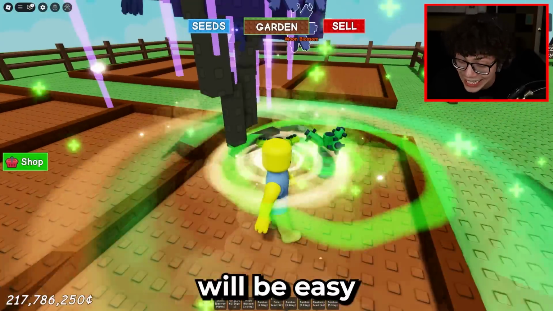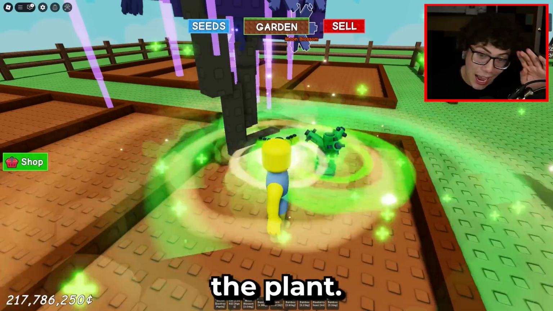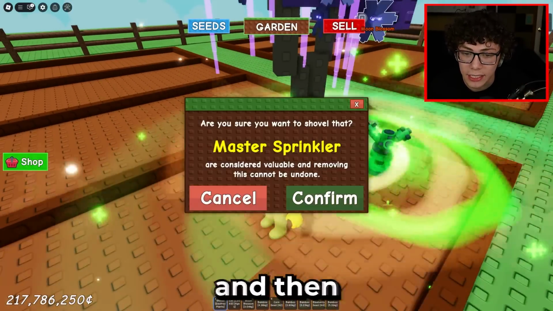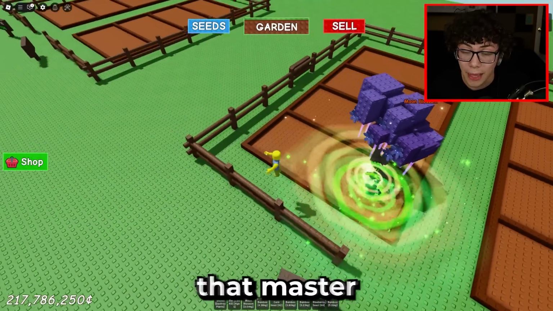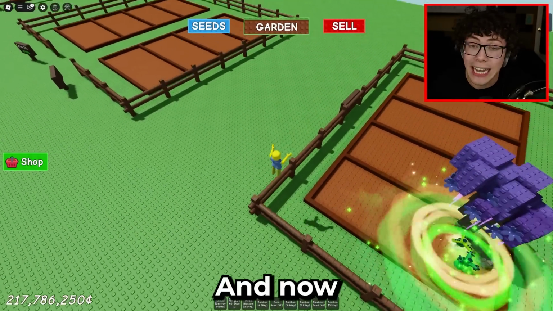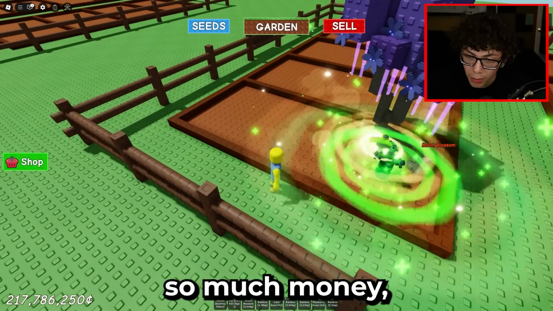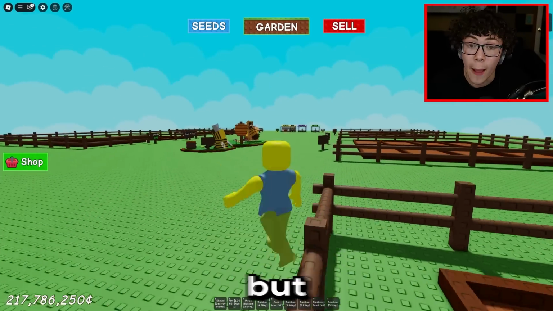I'm telling you, it will be easy to confuse it and delete the plant, but no, do not delete the plant. All you guys have to do is delete it like this and then press confirm. Obviously, I'm not going to delete that master one right now, but listen, and now let me get into how you can use this right now to make so much money, not just with this honey event, but with any